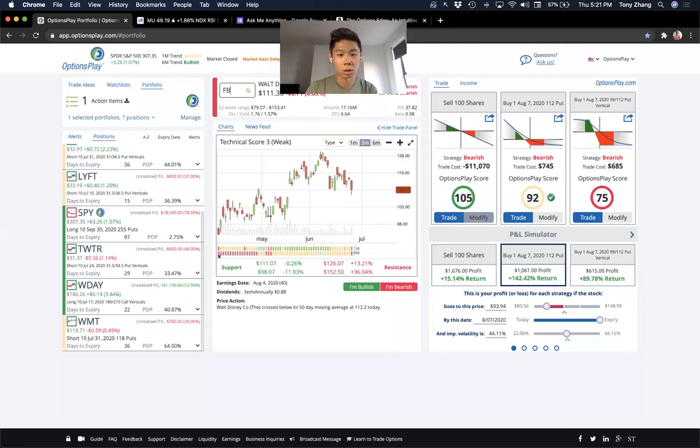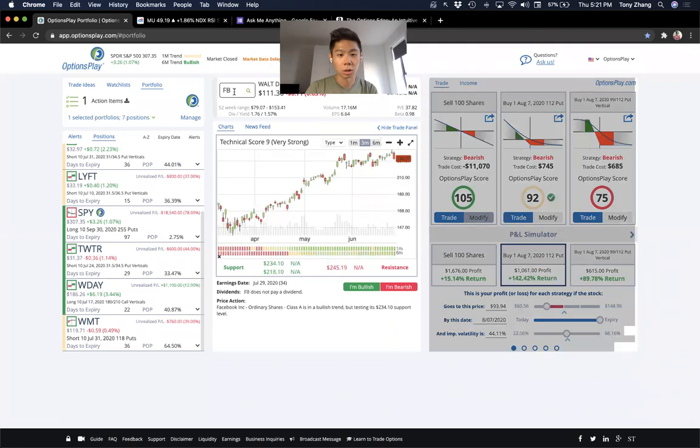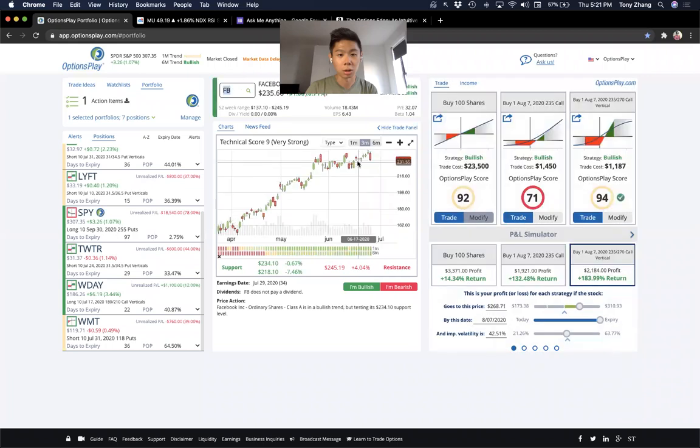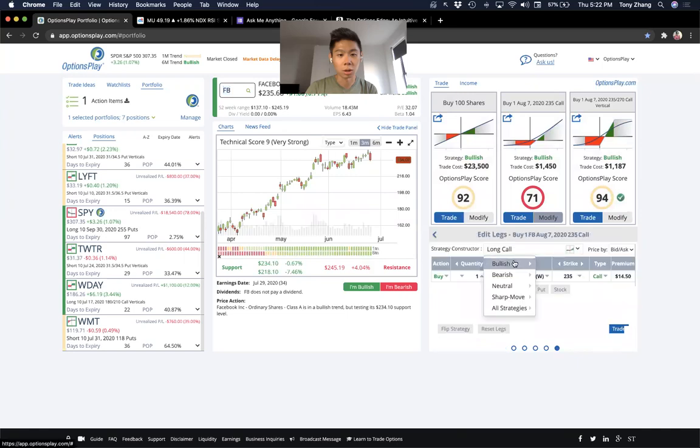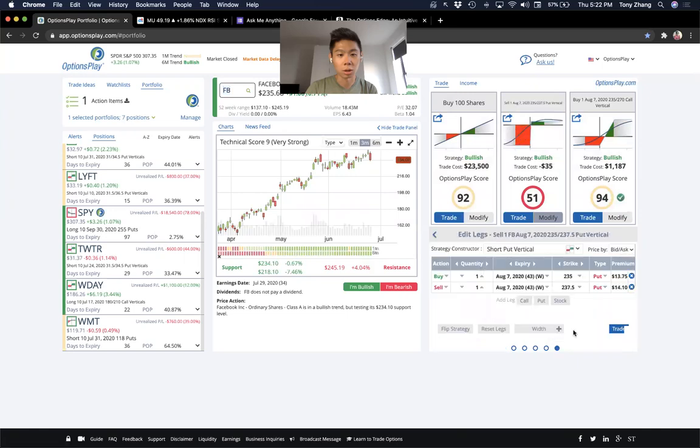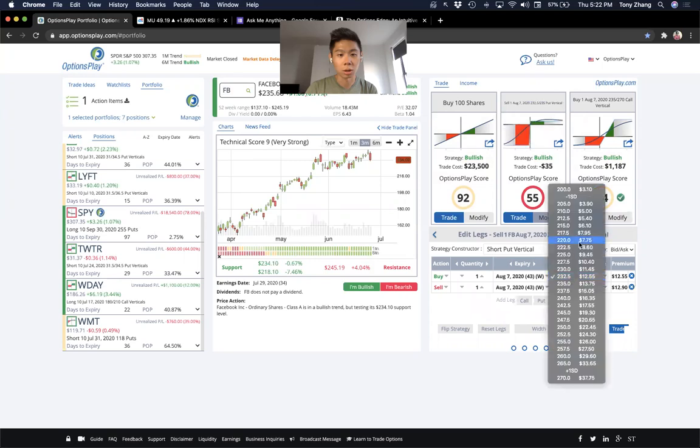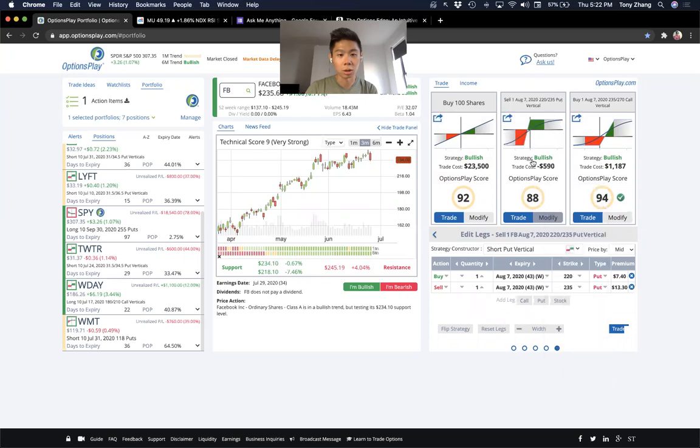Facebook, I actually really like Facebook, but it has underperformed the FANG stocks. It hasn't taken off like Apple or any of the other guys, but I do like Facebook, especially if you think about Facebook versus Google. I like Facebook a little better from an advertisement play perspective, but I would also be selling credit spreads here on Facebook rather than buying any type of calls, because I do think there is limited upside for stocks like Facebook.